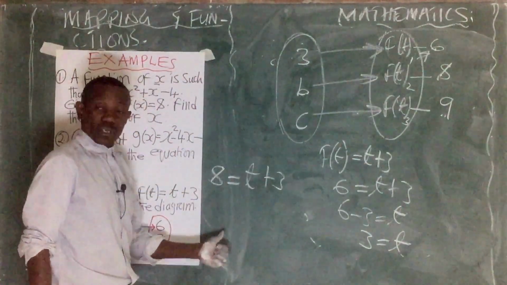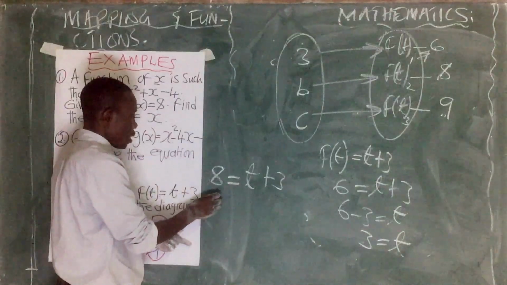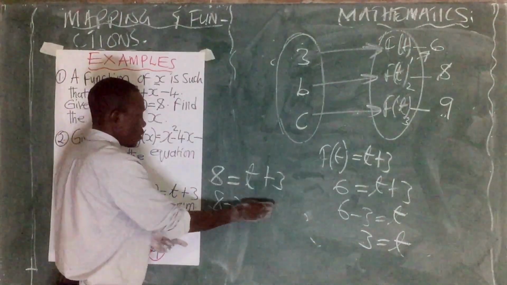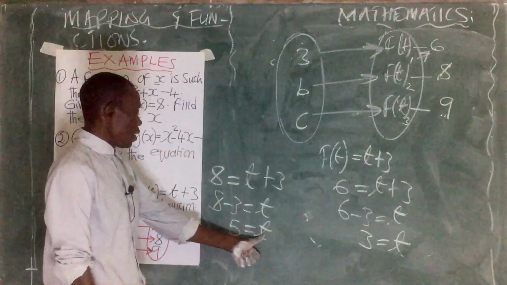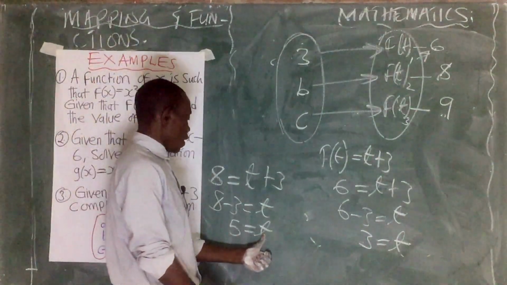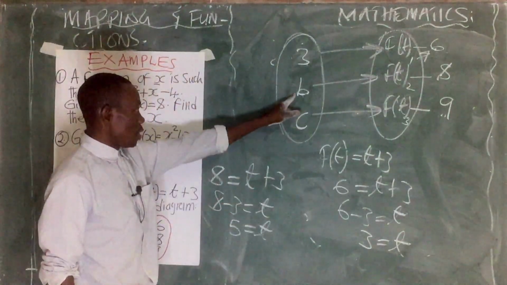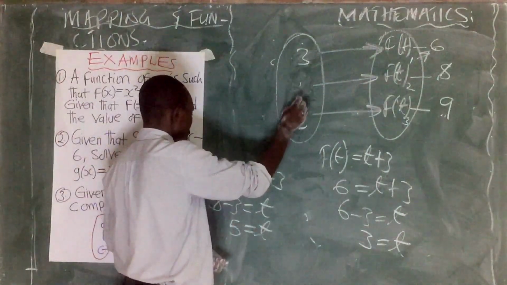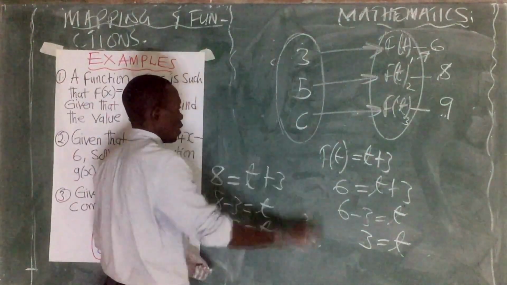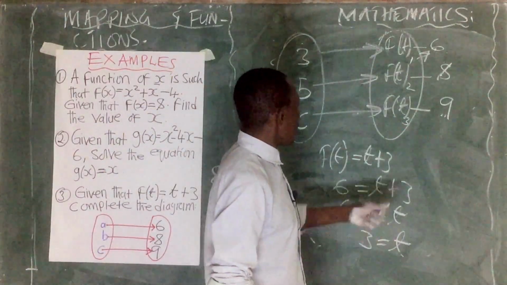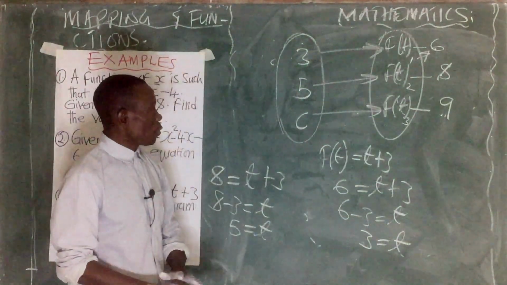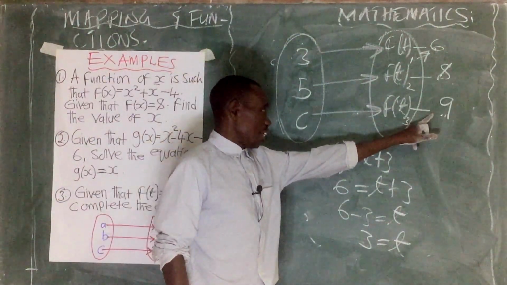So to find t, like terms together, this comes here, you have 8 minus 3 is equal to t, and here you got a 5 is equal to t. So this t is the second t, t2, represented by b. So our b in this case is equal to what? 5. Right? Lastly, let's consider the corresponding value to 9,